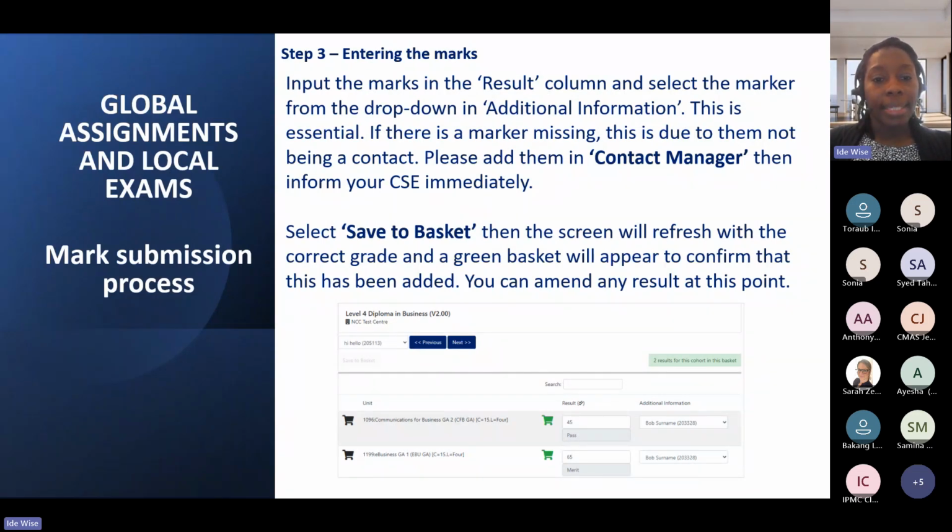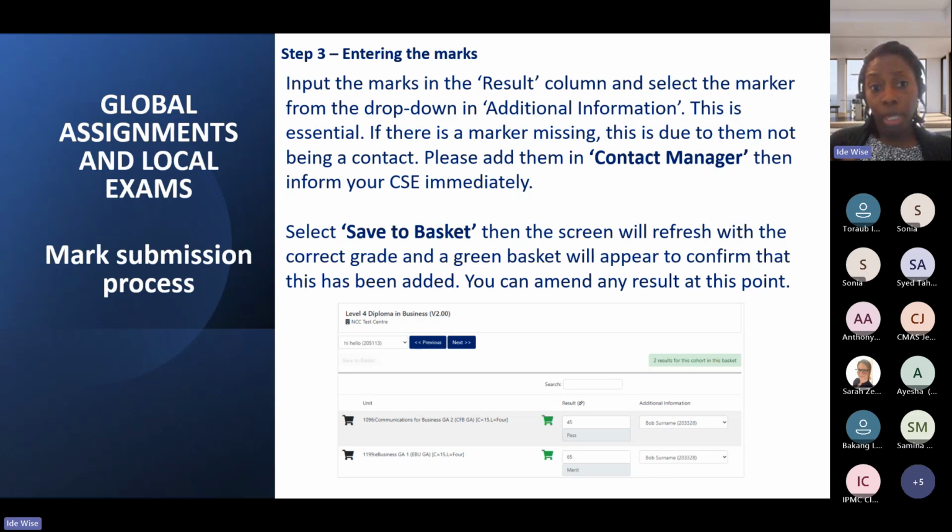You're going to enter, in the place that says result, the mark given for the student, and then Quartz will automatically generate the grade. Was it fail? Was it a pass? Was it merit or distinction? And then in the section that says additional information, you need to select a marker from the drop-down menu.